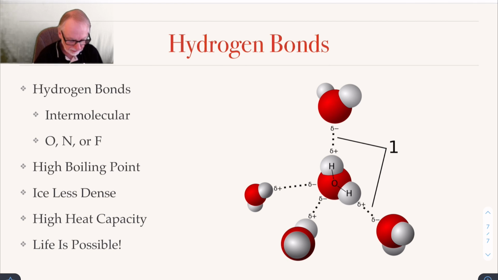Okay, so what we've got here in hydrogen bonding is a situation where, because of the very strong electronegativity of oxygen, the partial negative charge on the oxygen in one molecule can be attracted to the partial positive charge near the hydrogen end of another molecule. And that positive-negative interaction is an attraction. It's a very strong attraction. Again, it's intermolecular, so it's not as strong as a covalent bond, but it is a very strong interaction between molecules. Now, typically, we like to say, and of course this is an average,